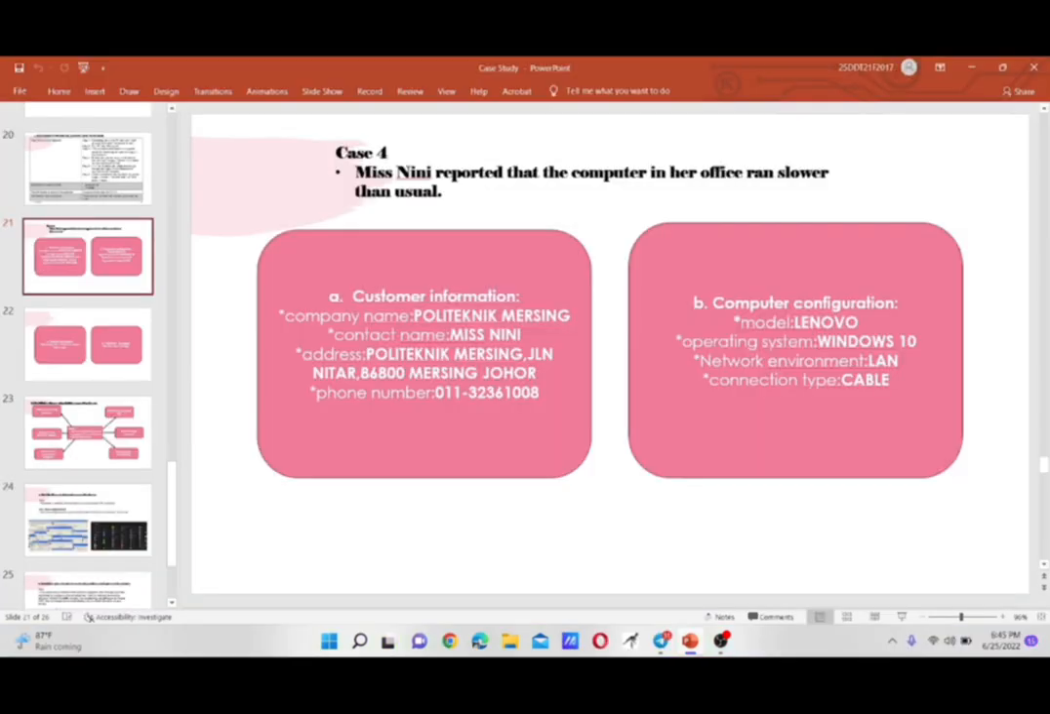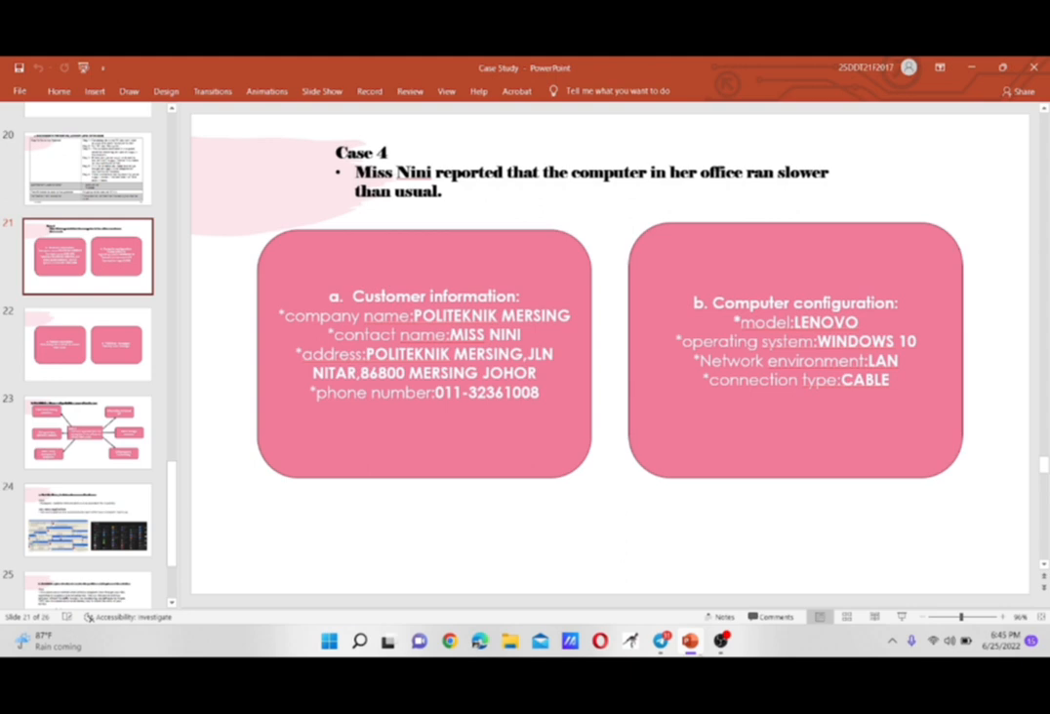Case 4. Miss Nini reports that the computer in her office runs slower than usual. Customer information. Company name is Polytechnic Mersing. Contact name is Miss Nini. Address: Polytechnic Mersing, Jalan Nita, 86800 Mersing, Johor. Phone number is